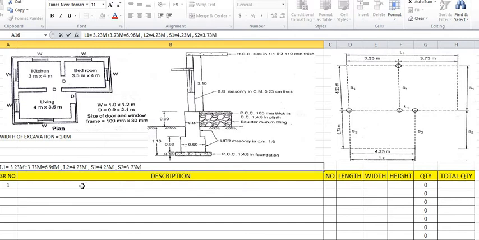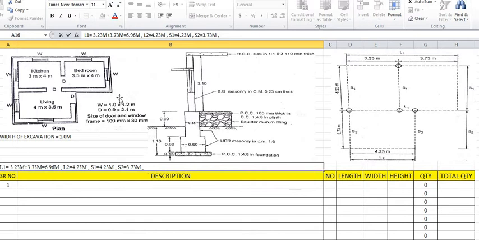So in this way, we have considered the length of the long wall, the addition of the lengths L1 and L2. We have given the notations for the long walls, and we have given the notations S1 and S2 for the short walls. So in this way, we have covered the complete figures. We have to cover the complete figures depending upon the plan, depending upon the sections.